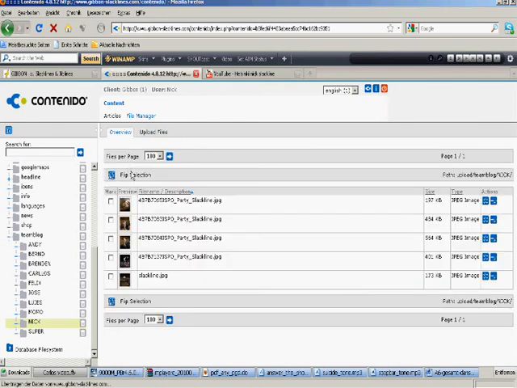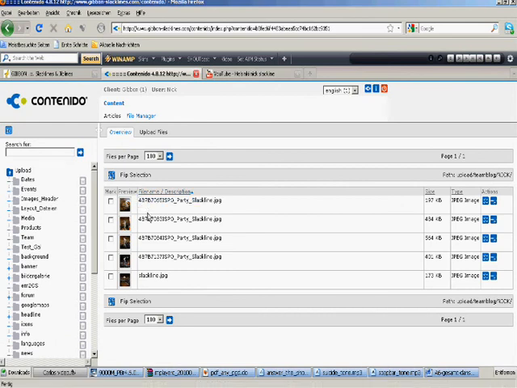This is going to take a little while. There we go. And then you can see this is the image we've uploaded. Okay. So once you've got all the images loaded up in your file manager, we can go back to the